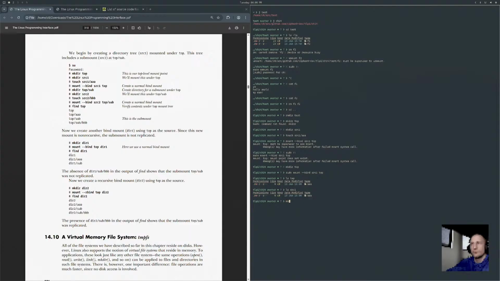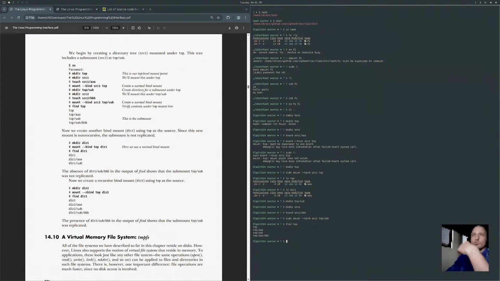And then I mkdir top/sub and mkdir source2 and touch source2/BBB, and then sudo mount --bind source2 into top/sub, and if we run find on top, we got all of that.